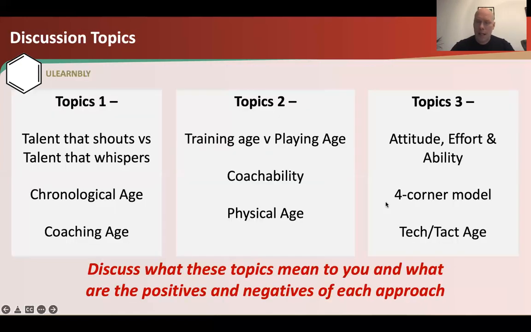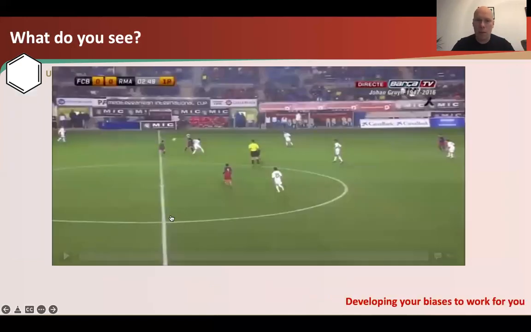And just going back to that, we'll share some models as well, examples. I'd encourage you to really think about whether it's acronyms or phrases, certain values that you can use that will help you to really understand how you look for talent. Because in certain clubs, I've used certain acronyms that have spelled out something, and that's been our phrase, or it might be attitude, effort, and ability. And we're making decisions on players because of their attitude, their effort, and their ability. People have used other things. So again, these are other areas that you can explore.